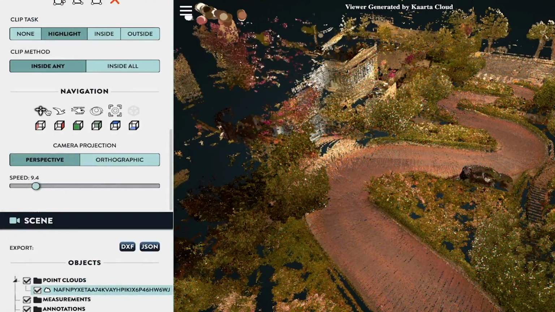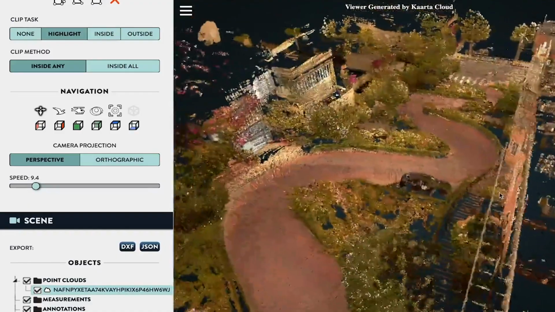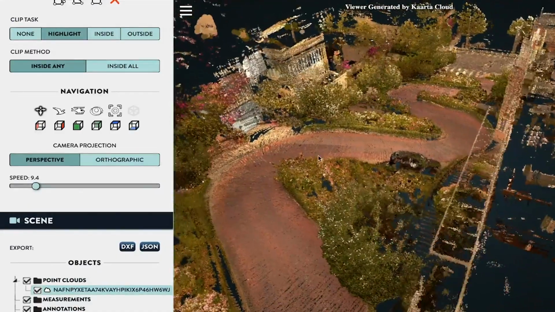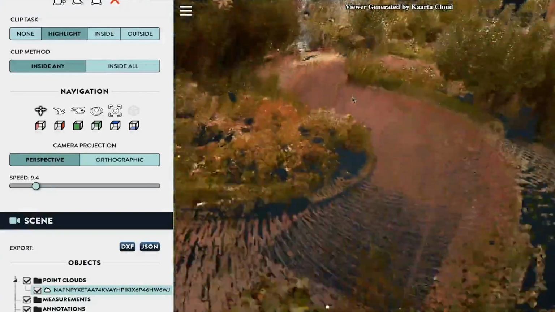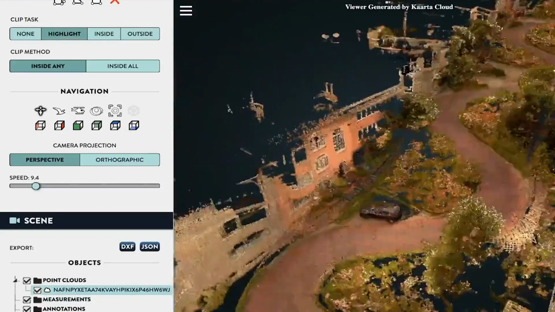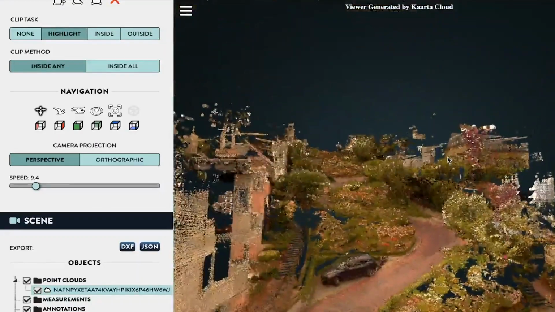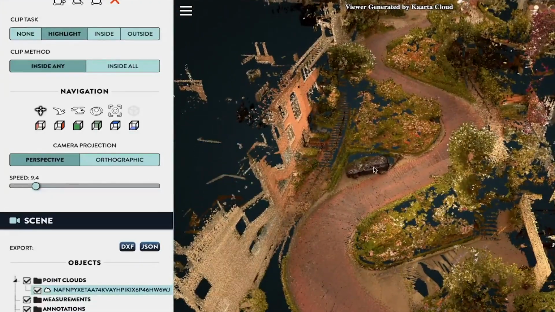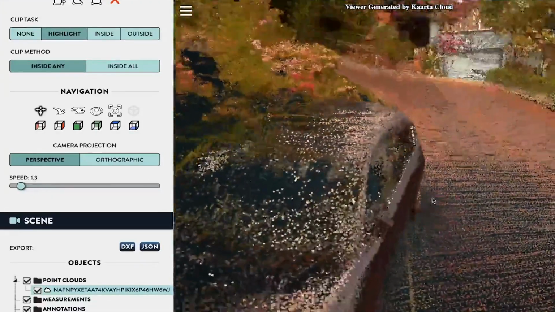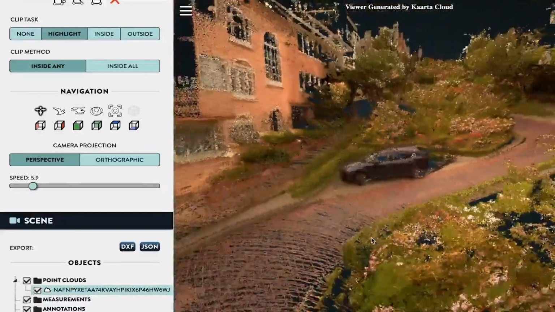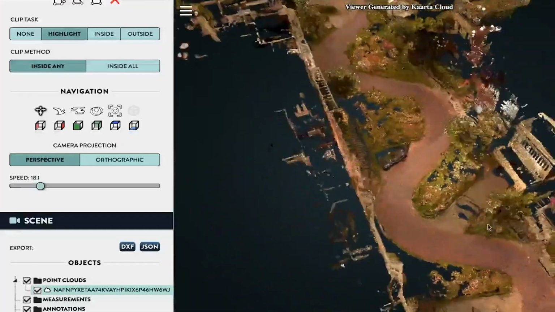In default navigation mode, you can get around the scene by right-clicking and dragging to pan the camera, which on trackpads will be 2 fingers and drag, and on mobile devices will be a 3-finger drag. To rotate the camera, you simply have to click and drag the scene around. This works the same on trackpads and mobile devices. To zoom into a specific spot, you can double-click on any point, and the camera will zoom into that position. You can also use the mouse wheel to zoom in and out, as well as the pinch gesture on most